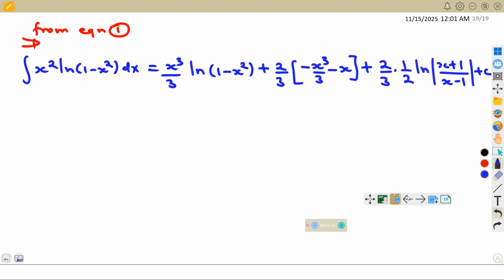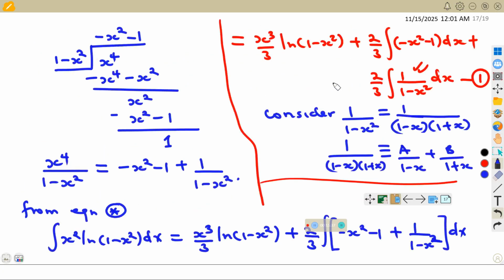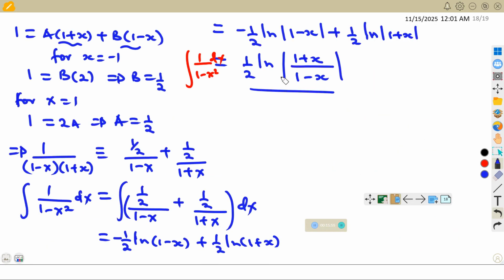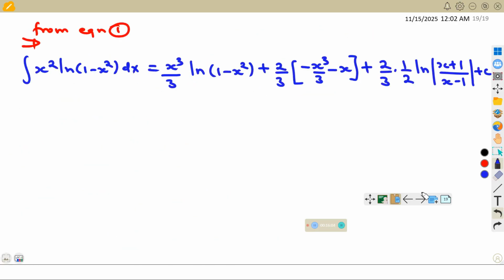So from equation 1 we shall have x to the power 3 over 3 ln of that plus 2 over 3, we shall integrate this to have x to the power 3 over 3 minus x, then plus 2 over 3, the integral of this, we have got it also here. So this is a half ln of 1 plus x upon 1 minus x. So it means we shall have 2 over 3 times a half ln of that. So when you simplify this, it will give us x to the power 3 over 3 ln of 1